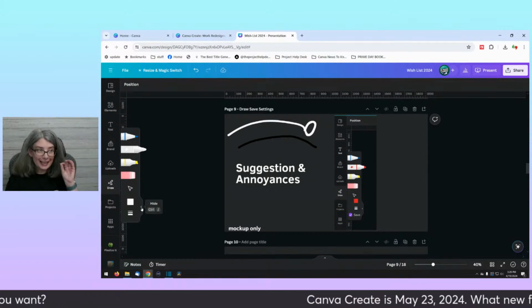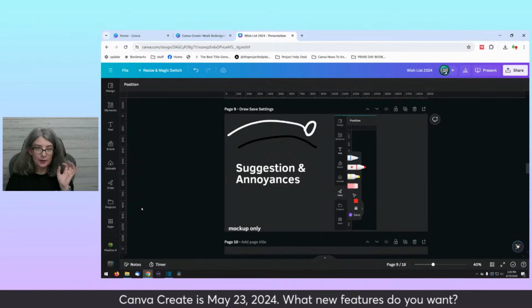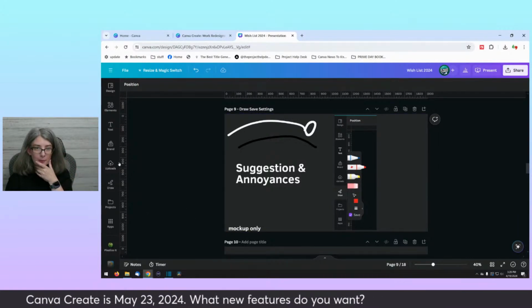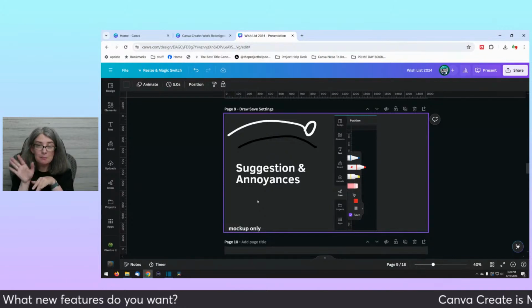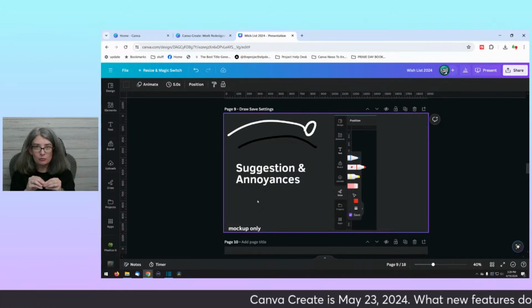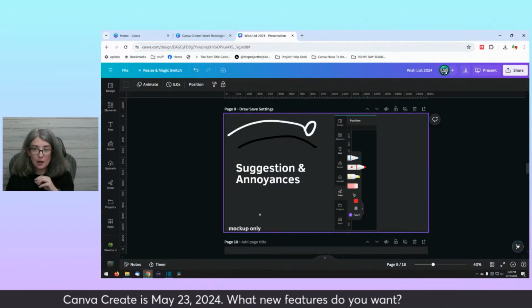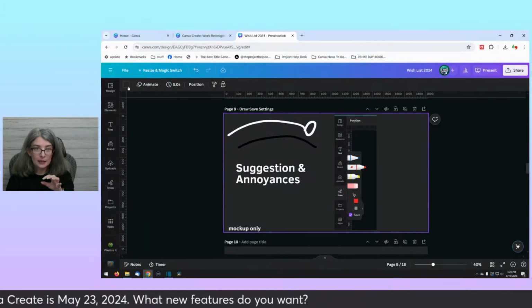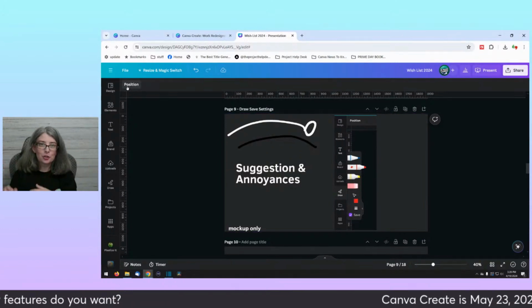Now you can hide the draw app, but here's the problem with that. I want to change the background, and this might be a bug that's right now, but they're working on fixing it. I'm not sure. If I go and click the background and then go and click background color, the colors don't pop out.